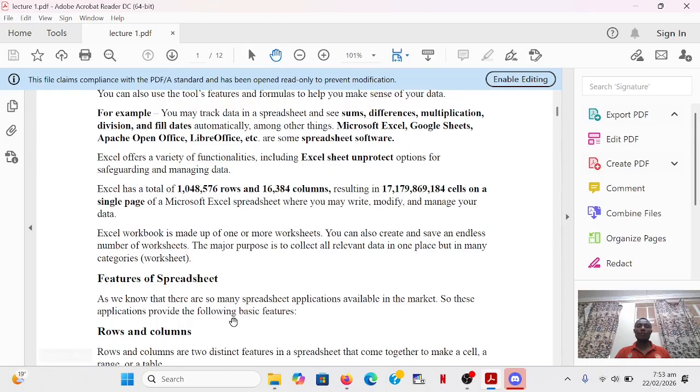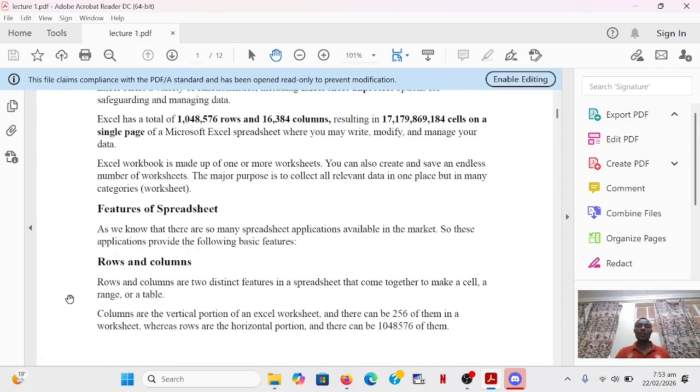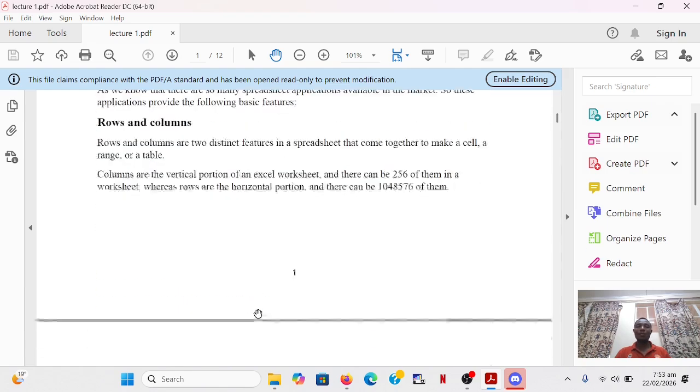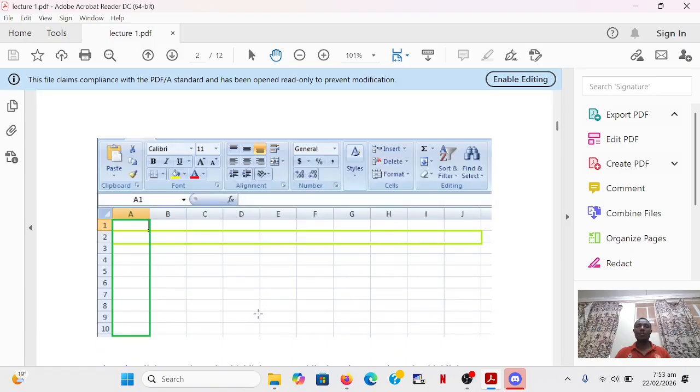Features of a spreadsheet. A spreadsheet has rows and columns. Where a column and a row meet, we have what we call a cell. This is the spreadsheet. The image that I have used here,